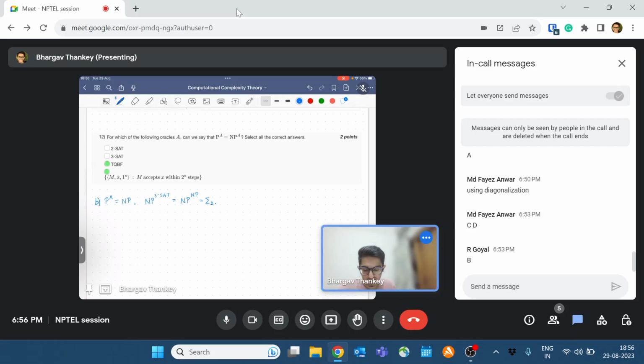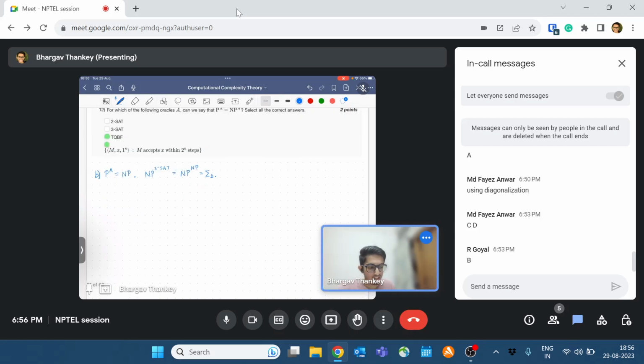Yes. Now we need to prove one thing for the 3 SAT one. I think P to the A is a subset of NP to the A. This containment would work. If you look at the reverse one, NP to the A should be contained in P to the A, which we would need to prove, right? So how would we go about this? We have an NP language, there is non-determinism, and